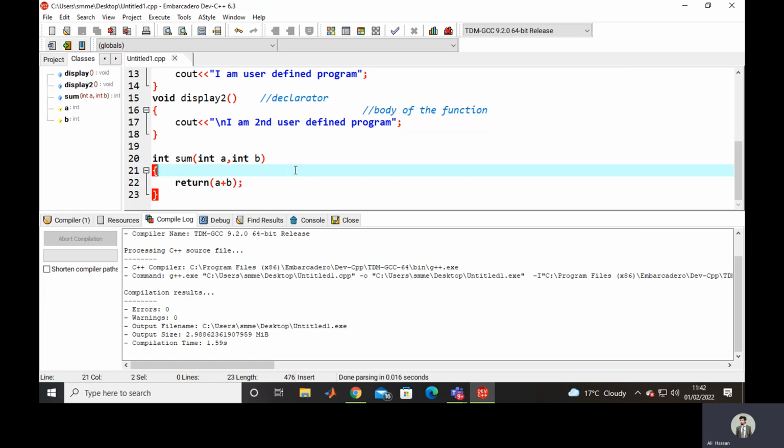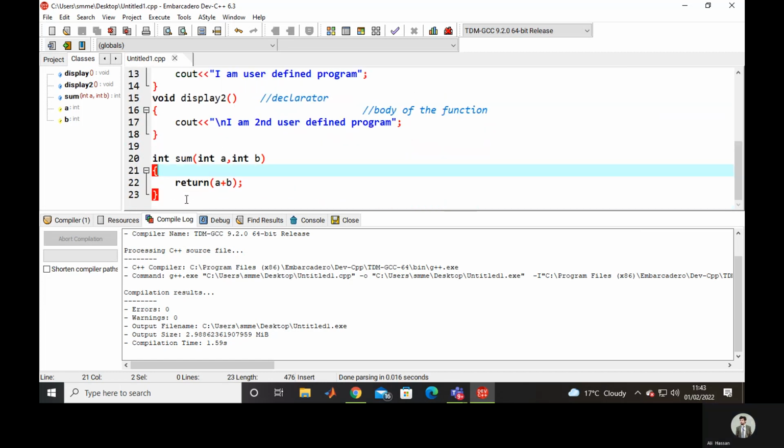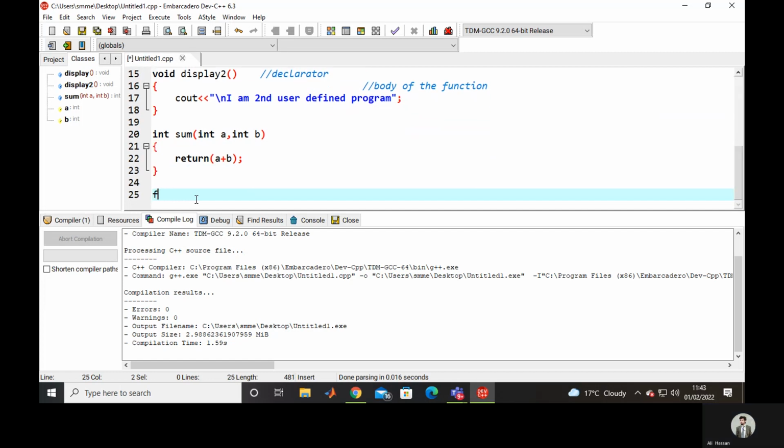Similarly, आप array भी दे सकते हैं एज आर्ग्यूमेंट. फॉर एग्जांपल कोई array वाला प्रोग्राम बनाते हैं, डॉट